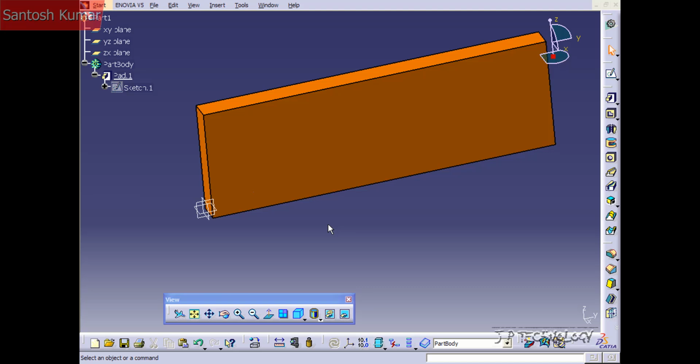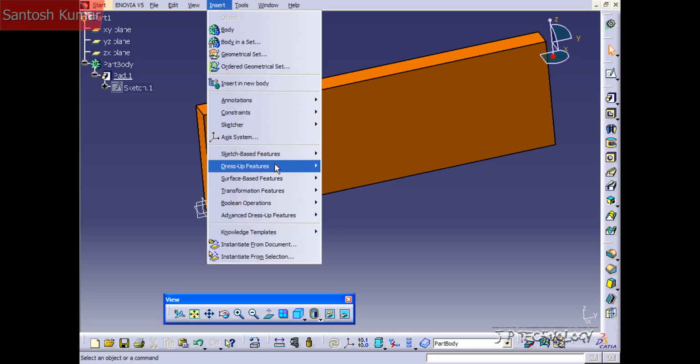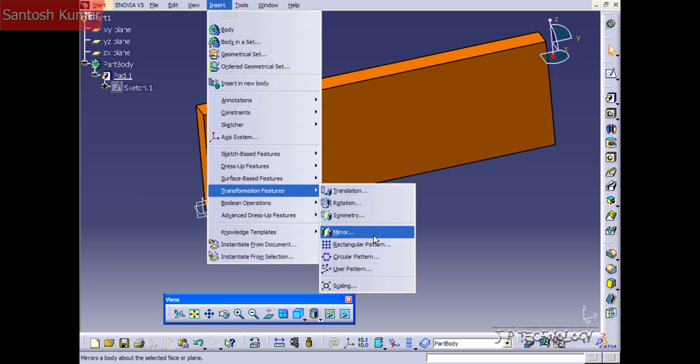This is tutorial number 71, and it covers how to use the rectangular pattern feature within CATIA v5. To start off, open up tutorial part number 71, which is located on the DVD. Now, to find the rectangular pattern feature, what you have to do is click Insert, click Transformation Features, click Rectangular